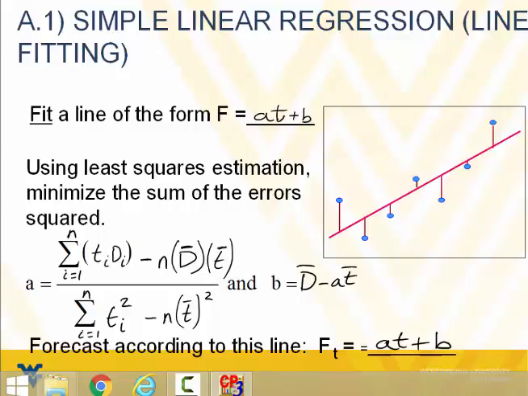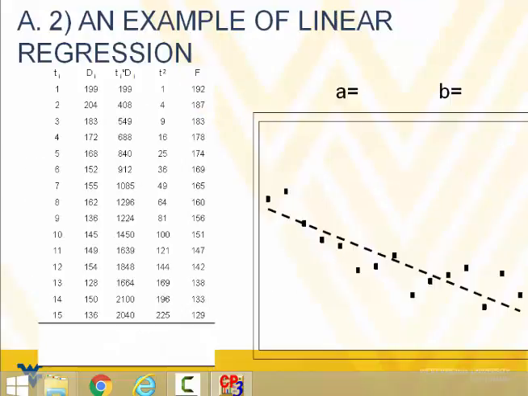So, in a simple example, I will start off with my data where I've serially numbered my time periods and I've got my demand for each of those time periods. Okay? That's where I start. So, it's easy to calculate the average of the time periods, which is 8, the average of the demand, which is 160, and then I take the product of the T and D,